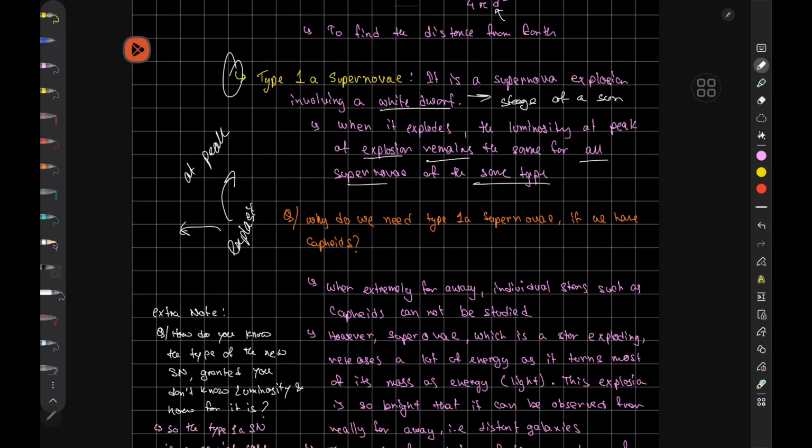And in this explosion process, a lot of its mass turns into pure energy. Essentially, a form would be light. Okay, and this amount of light that you see, although short-lived, the peak luminosity is intense, is really high, which is why even though they are really far away,